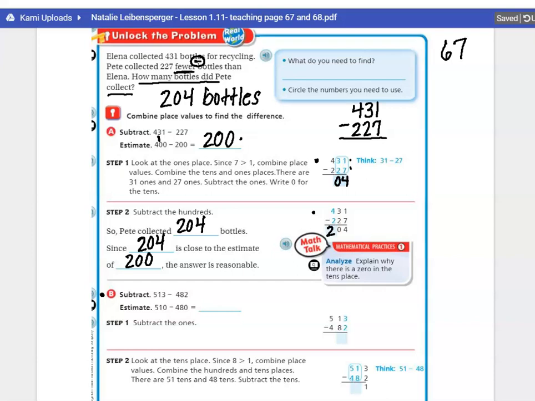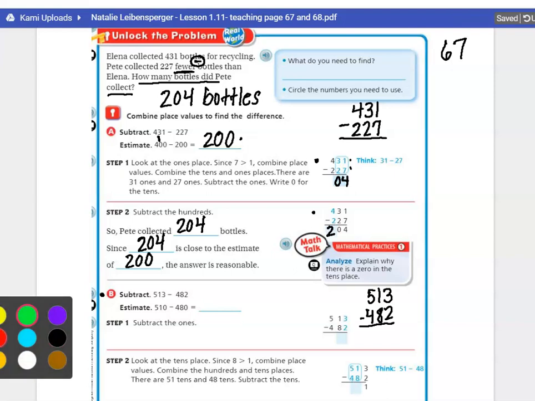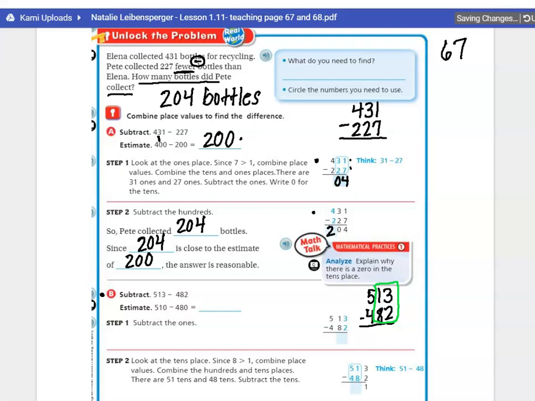I'm going to write this separately over here. I know that I'm not going to be able to combine these two numbers this time, because do you notice 13 and 82, first of all, 13 is smaller than 82,